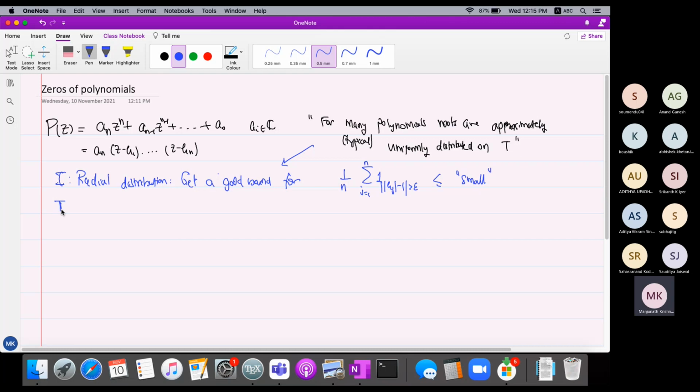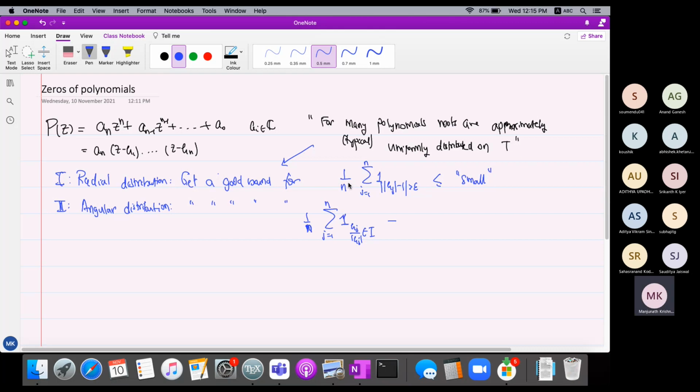Second part is angular equidistribution. So similarly, get a good bound for, now what we look at, we don't care about the radii, we only care about the angles, which means we'll take zeta j over mod zeta j, right? That will give me a point on the unit circle. So let's take that belongs to an arc, for j equals 1 up to n. This is to be compared with,